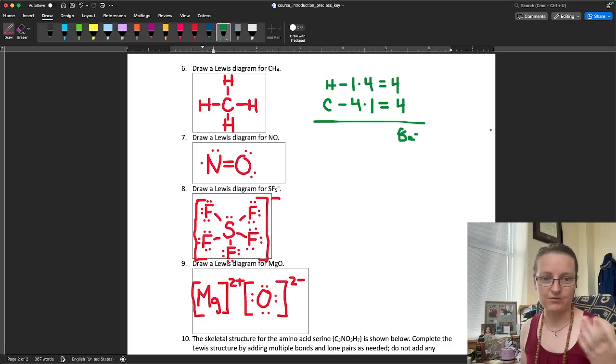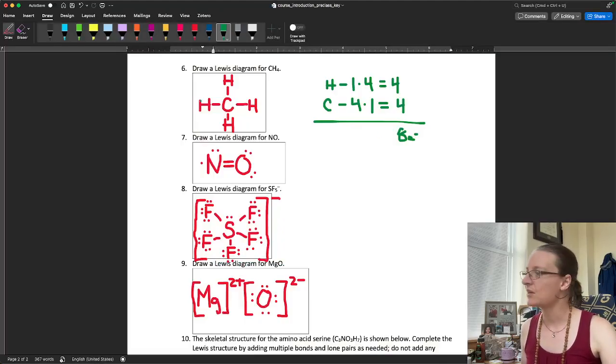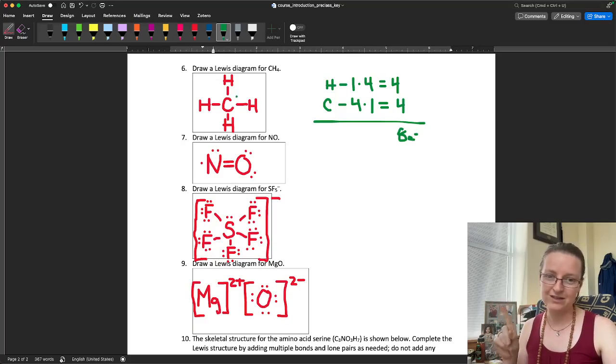The second step of drawing a Lewis dot diagram is that now that we've determined the total valence electron count, we want to determine what is the central atom and attach the remaining atoms around it. So here our options for the central atom are either carbon or hydrogen, but usually it's the less electronegative atom that should be placed in the center, and hydrogen is never placed in the center. So by process of elimination, here it's got to be carbon. So I place carbon in the center, I put the hydrogens around it, and I draw what's called a skeletal structure,